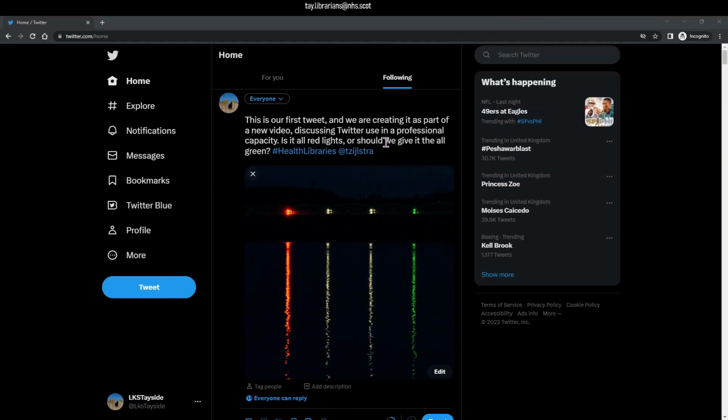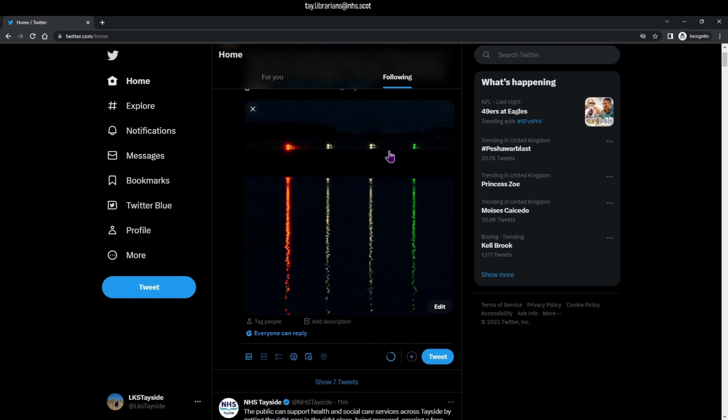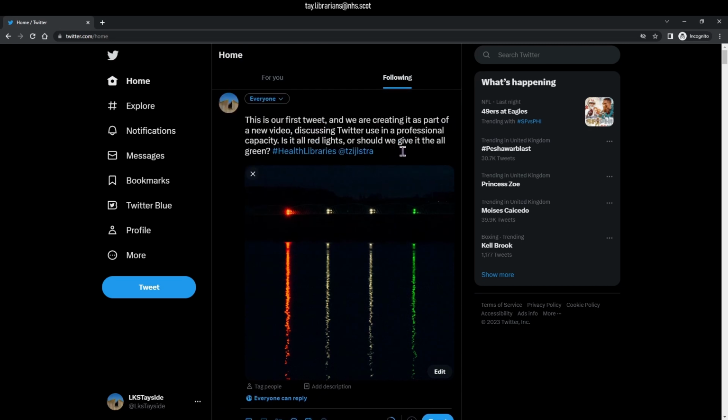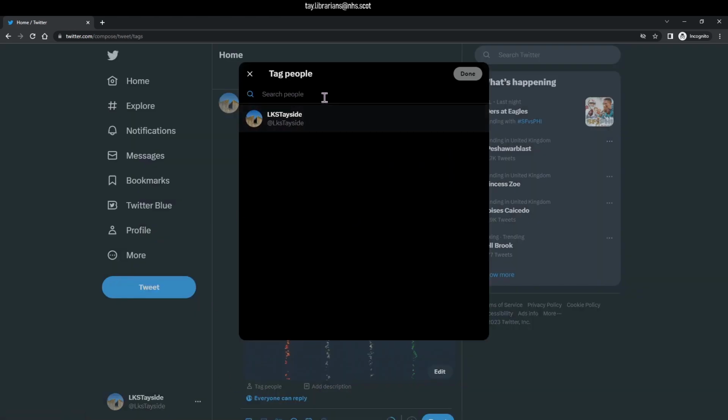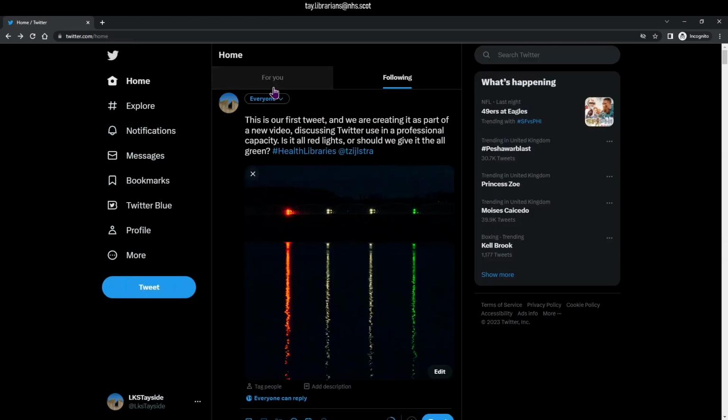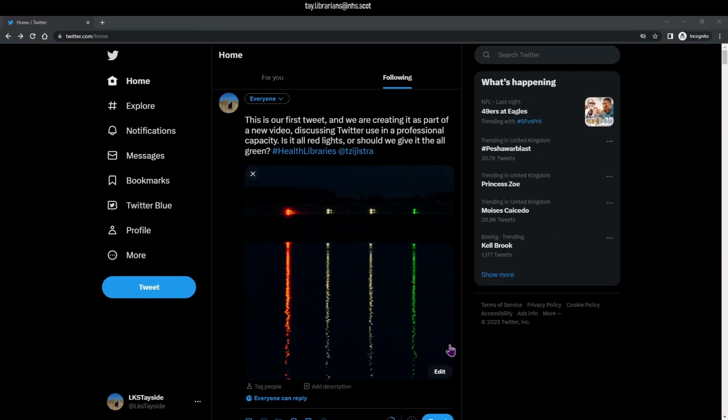But Twitter has a capacity of a certain amount of characters. If you want to add a lot of people, when you add an image, you can tag people, and unfortunately, you can basically tag as many people as you like, as far as I can tell. So it takes away the cap on the number of people you can tweet to directly, so you get some sort of interaction with them. I'm not sure that's a great idea.